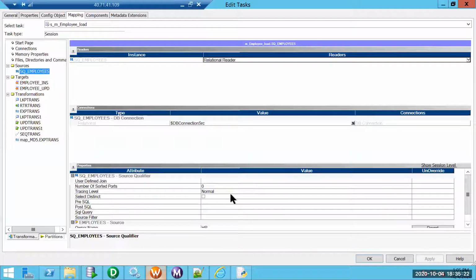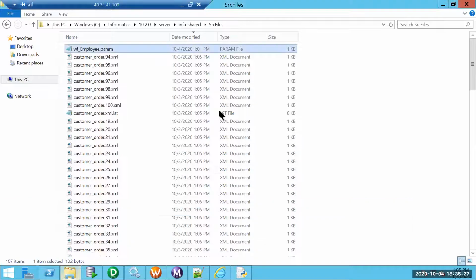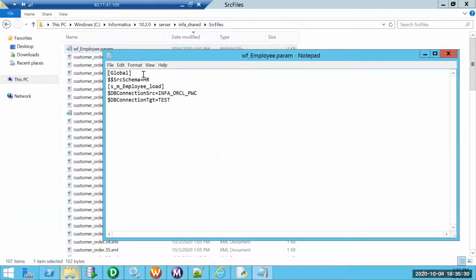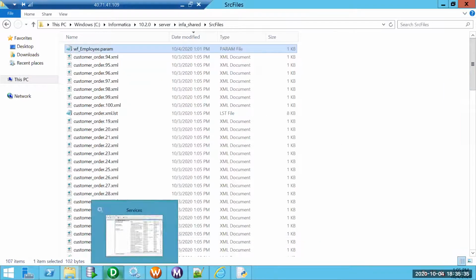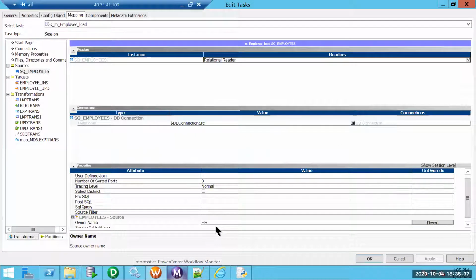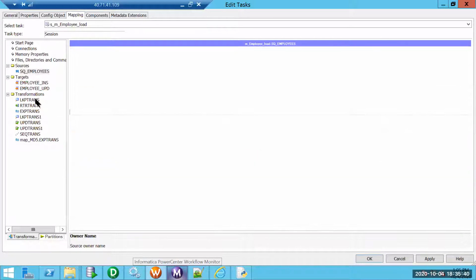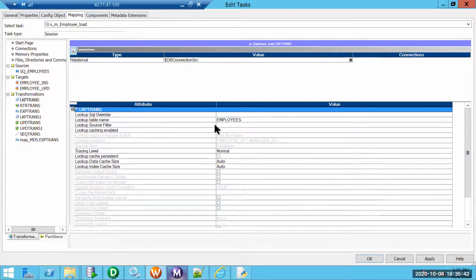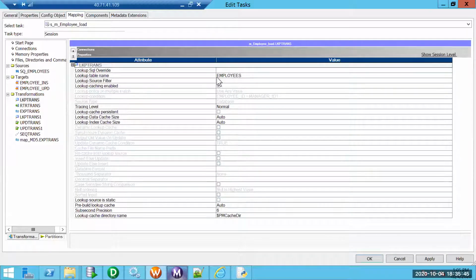In the lookup also we have the HR setting, but the lookup will not be able to find it, because we have defined the source schema only at the source qualifier level. So let me try to update the same information in both places: the source qualifier owner name, as well as the lookup. In the employees lookup here also, let me try to hardcode this one, HR.employees, and now let me see what happens.